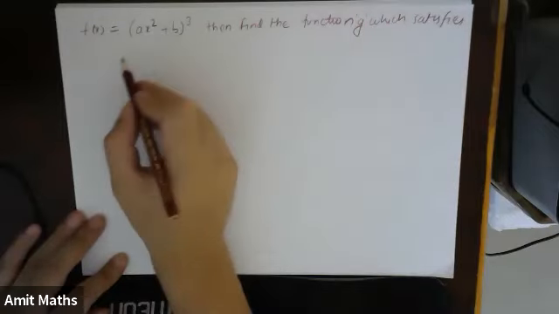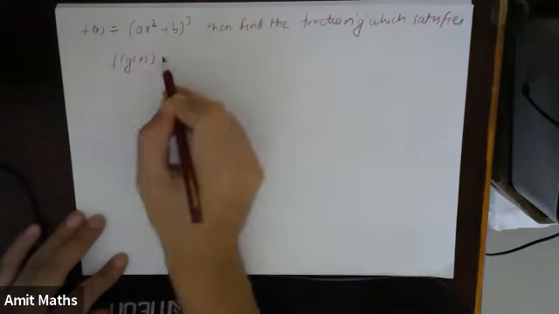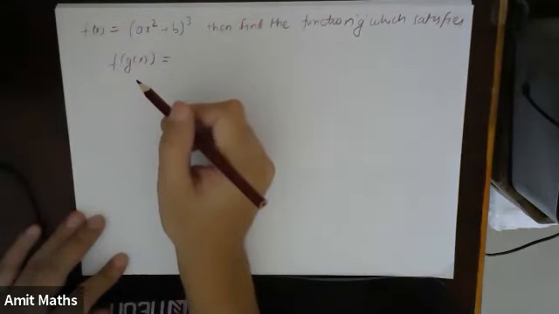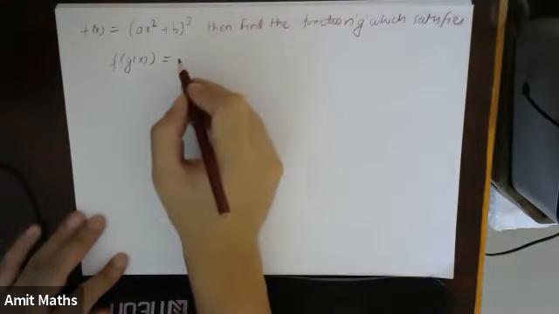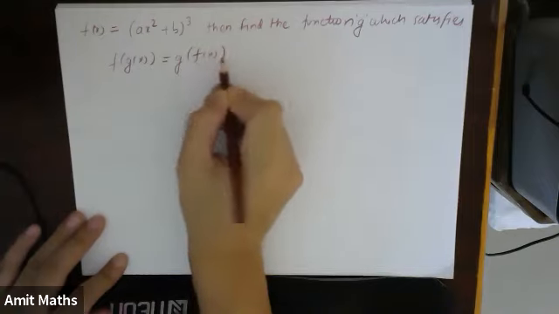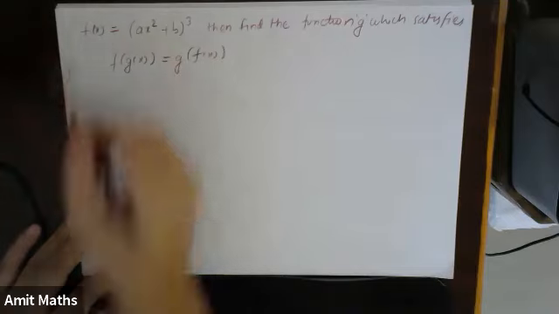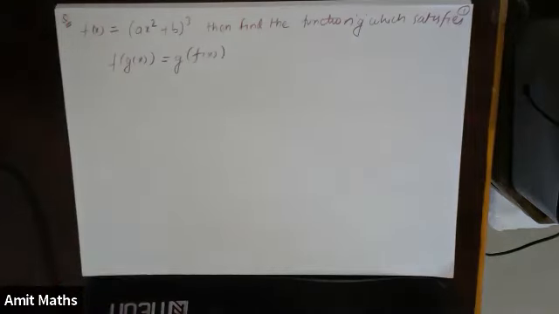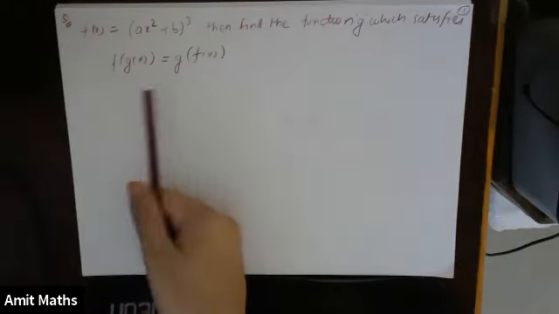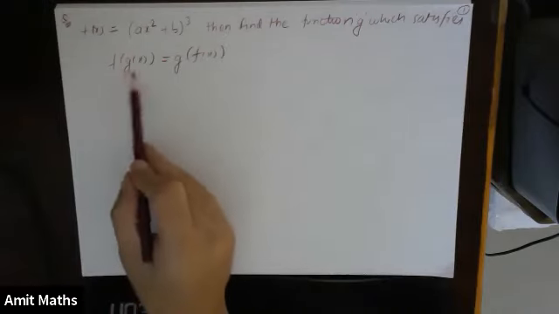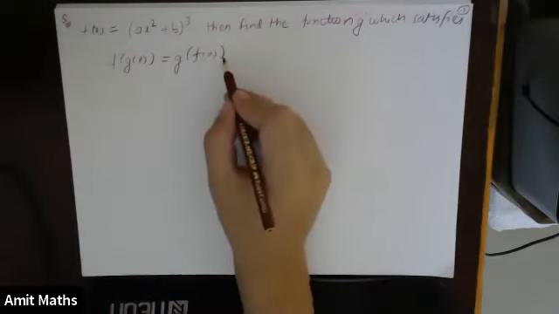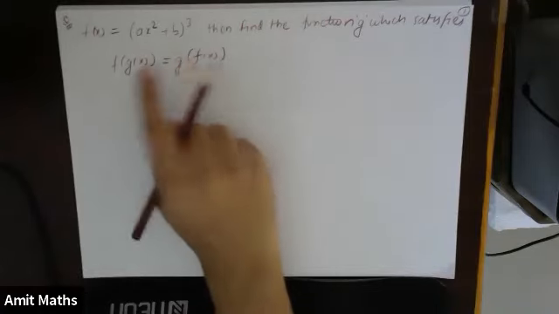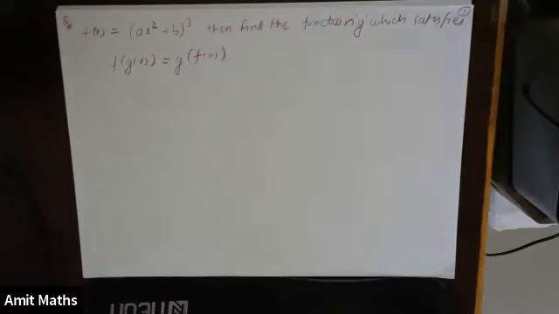Find the function g which satisfies the following: f of g of x is equal to x, which is equal to g of f of x. So to find a function g which satisfies this property, if you remember, this is the condition. If the composite function f of g of x is equal to g of f of x, then this will be the condition for inverse function. So that means g is the inverse of f. So you have to find the inverse of f. After I give you some time, I'll solve the question.